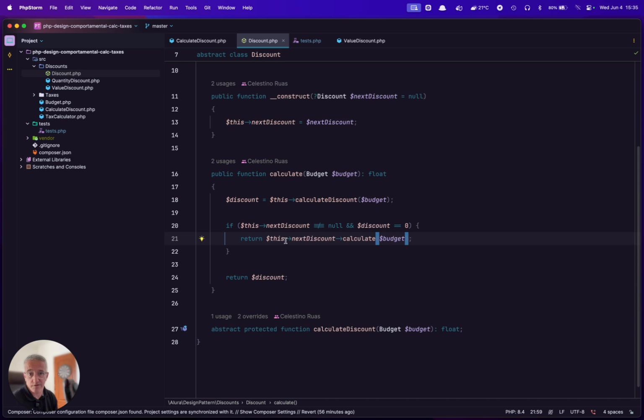If it's 0, then I'm gonna get to here. And if I have a next discount class and it is equal to 0, then get here to try to get another discount. In this case, the next, as I pass in the parameter here,